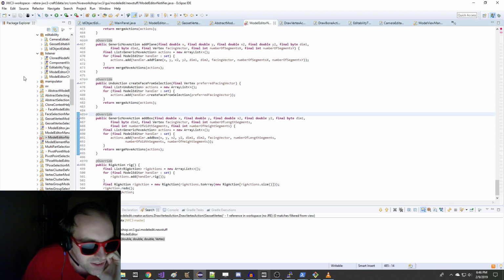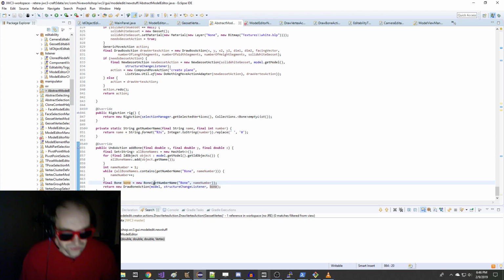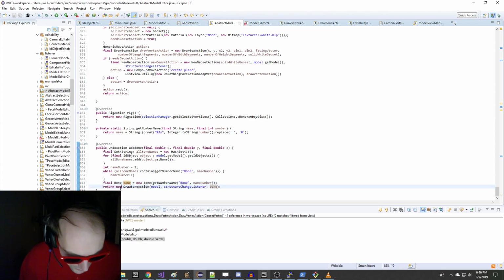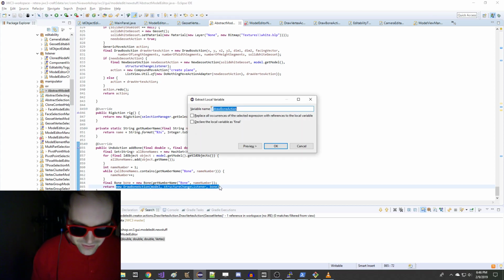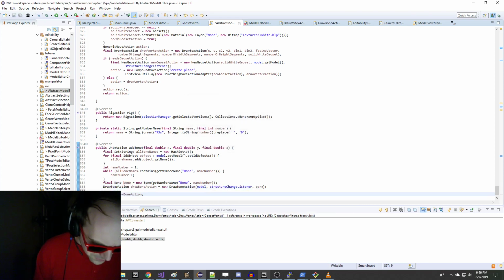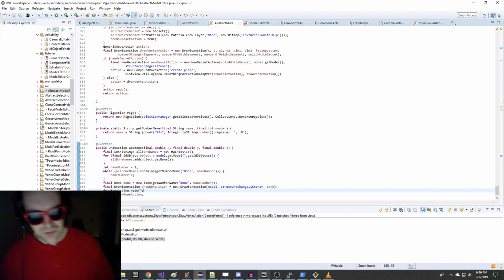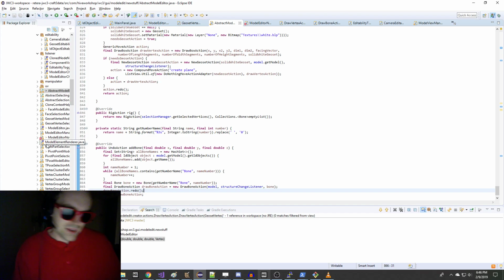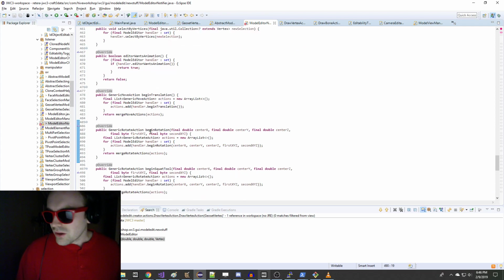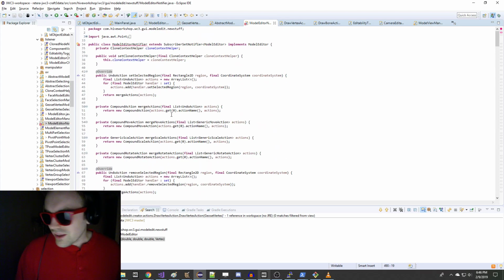So first, now that we have add bone, we want to make sure that add bone correctly does the adding of the bone. So for that, we instantiate this bone, and we have this draw bone action. But like we saw last time, once you have your action, there's this really hacky thing. You just call redo on it to make it happen when it's first created. Ideally, we want to end up someday having a better system than that, but that's what we have right now. So we do that. Now we have this notifier,